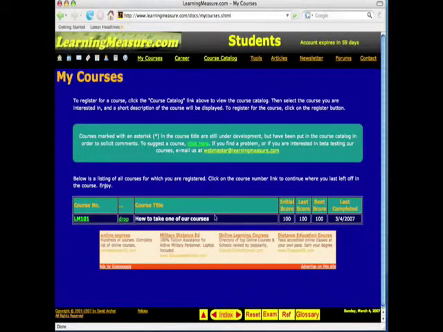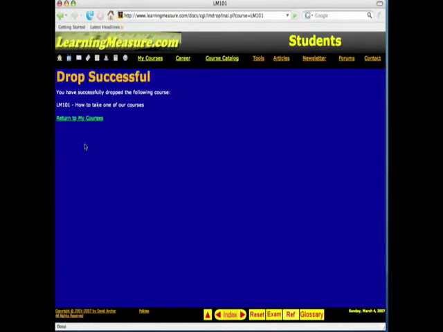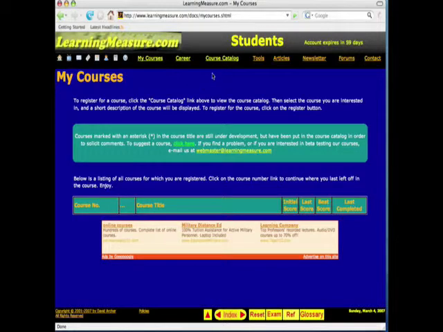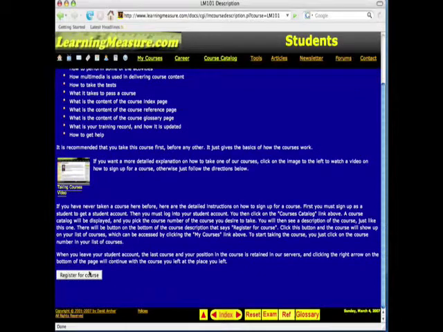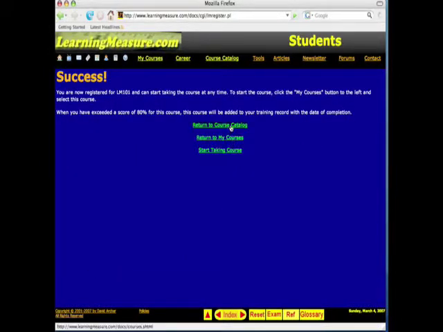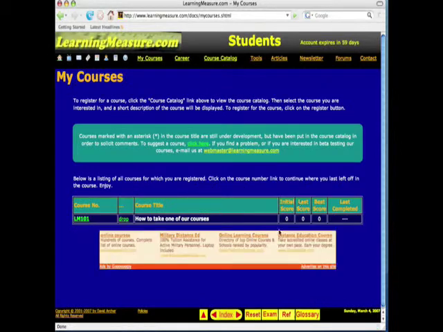Now you go back to My Courses. You can see that it has your score information and when you've completed it. Now if you drop it and then re-sign up for the course, it resets that information, but it keeps, let's see, so now it's back to 0 and says it's not completed. It's still in your training record, it's being passed, but now it's in your active courses. You haven't passed it since you added it to your active courses. We may change that in the future, I don't know.